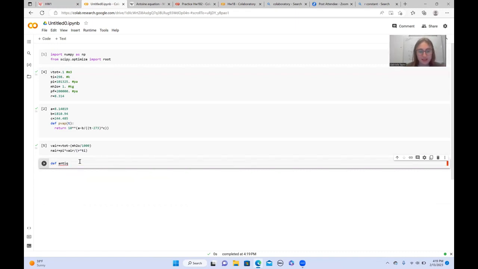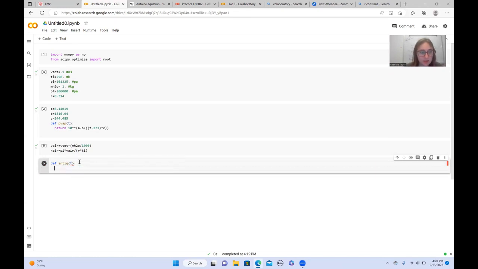So it's going to be a function of T, and we want it to return Pvap of T